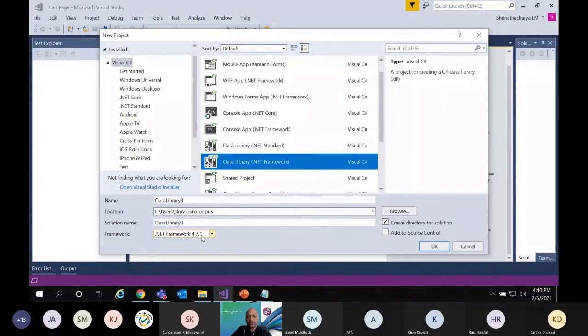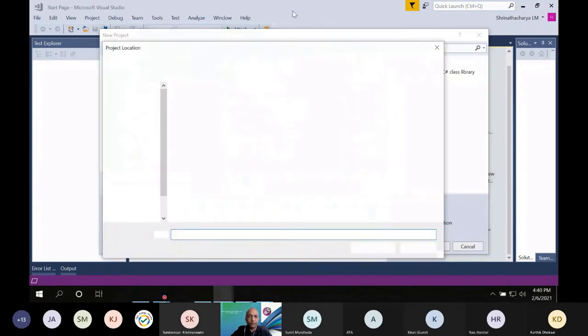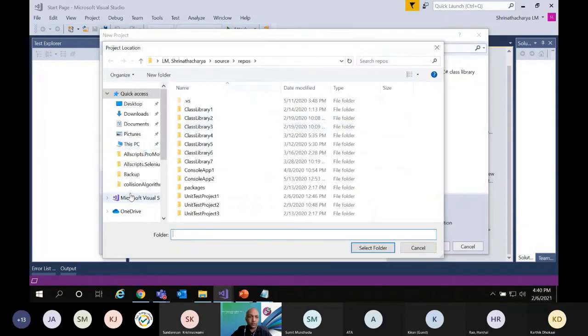and the framework installed is .NET 4.7.1. Any framework is fine for Selenium. So let me browse.